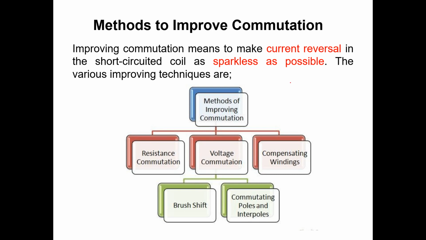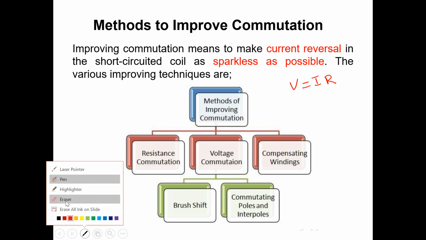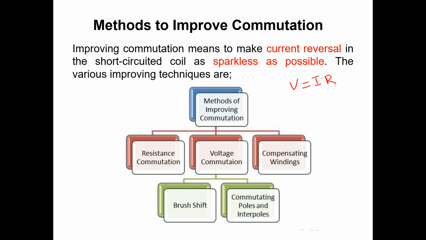The formula for this is V equals IR, the well-known Ohm's law equation, and here the objective is only to change this I, because it changes from a plus I value to a minus I value. So we can play in two ways: one way is voltage and another way is resistance. If we have to maintain this I at the possible value, it will follow the ideal characteristics instead of non-ideal characteristics.